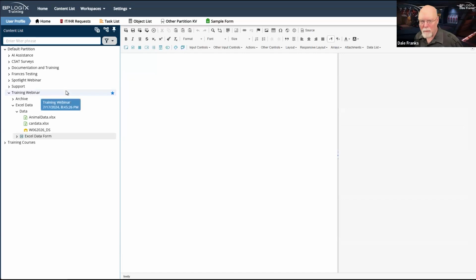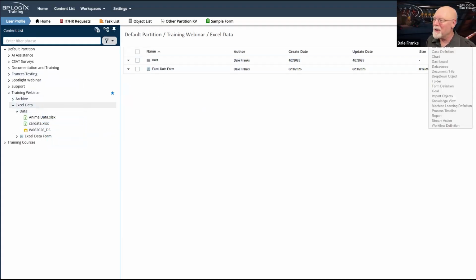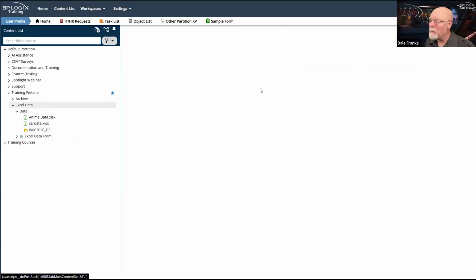And now I have a form. And I'm also going to want to have a timeline here for something that, depending on how much time we have, we're going to do later. But I plan to do this later. So I'm also going to make a process timeline.